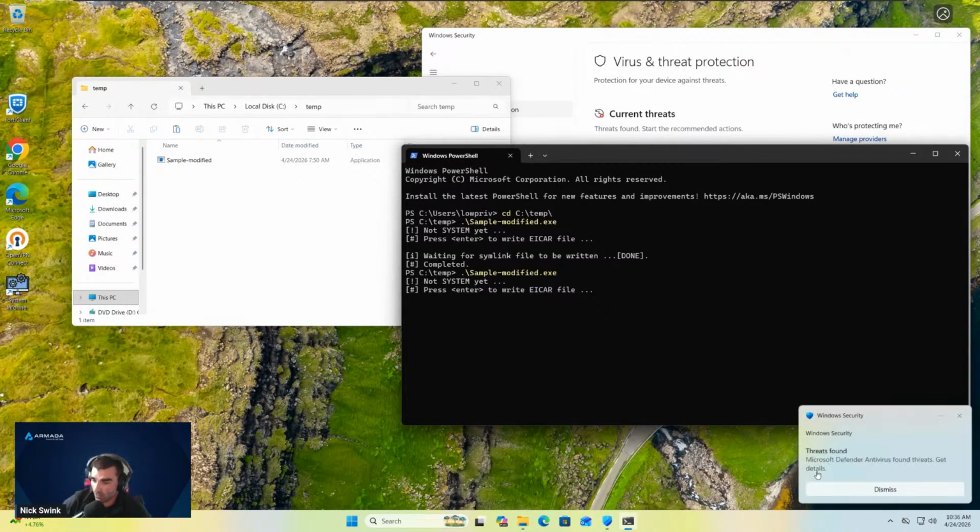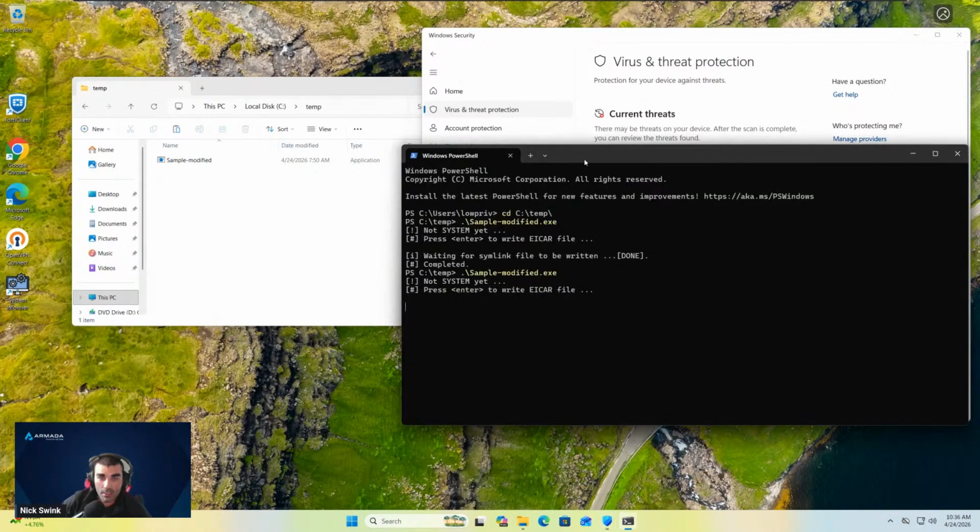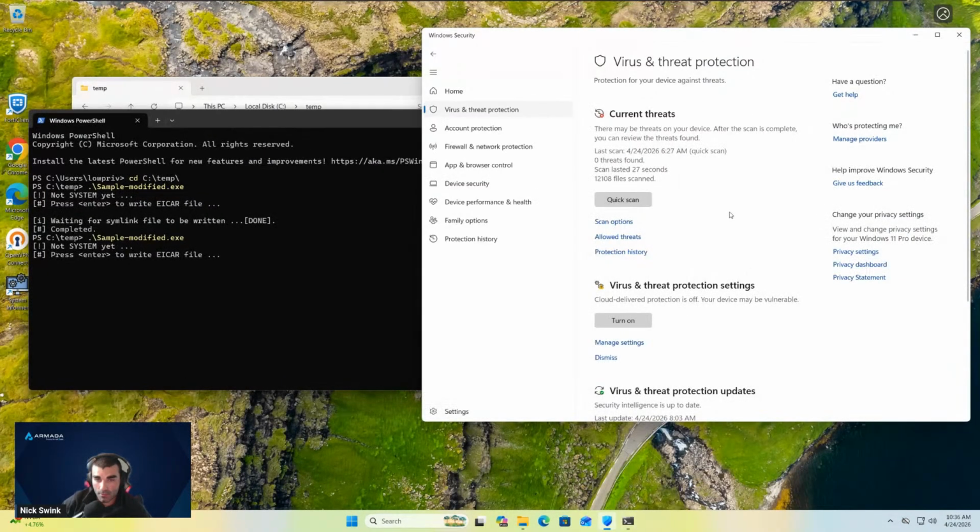So this would not work as far as I know if you had some other EDR product disabling Defender and using that for your main EDR or main AV. It does create an EICAR detection, so that's a pretty dead giveaway because that's pretty rare in